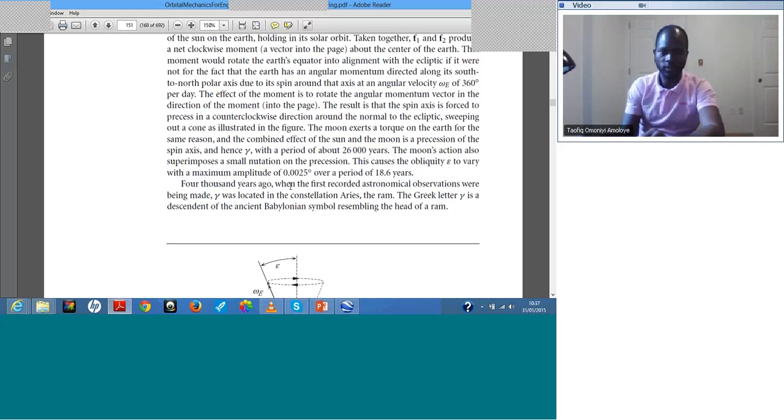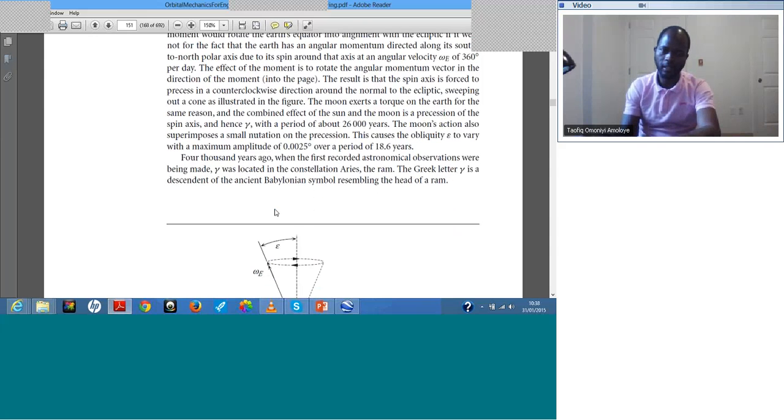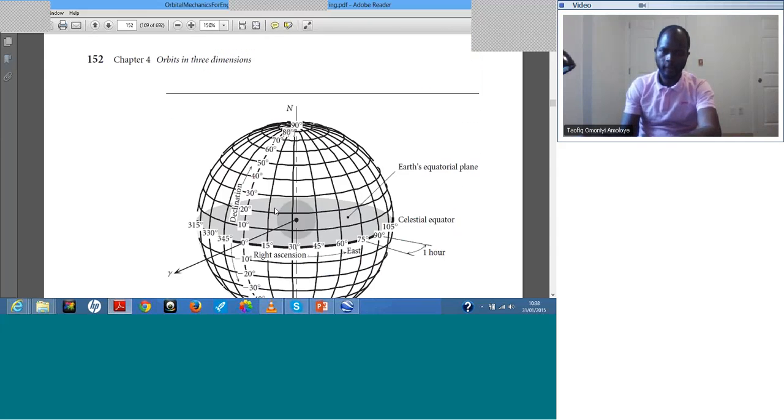4,000 years ago, when the first recorded astronomical observations were being made, Gamma was located in the constellation Aries, the ram. The Greek letter Gamma is a descendant of the ancient Babylonian symbol resembling the head of the ram. So that explains why they chose the Greek letter Gamma to represent the vernal equinox line. So we go on,